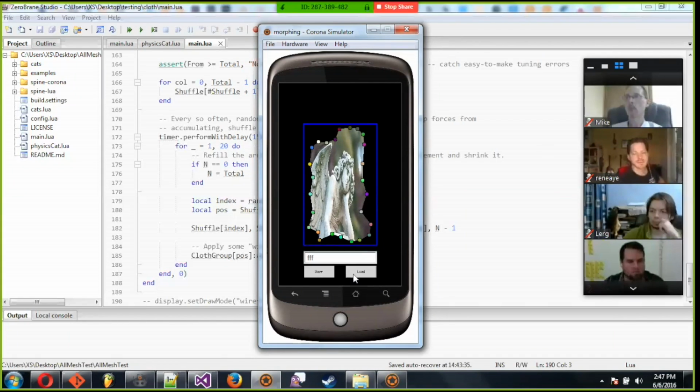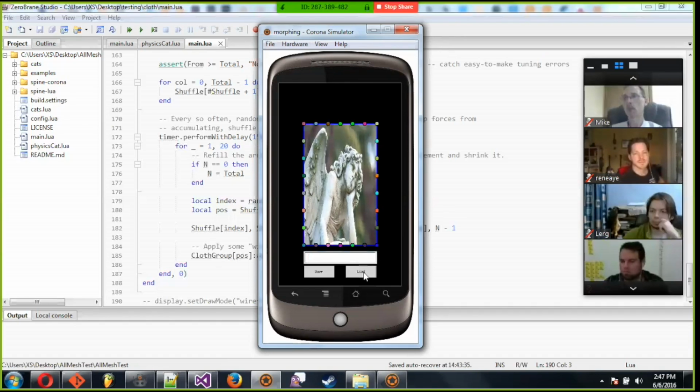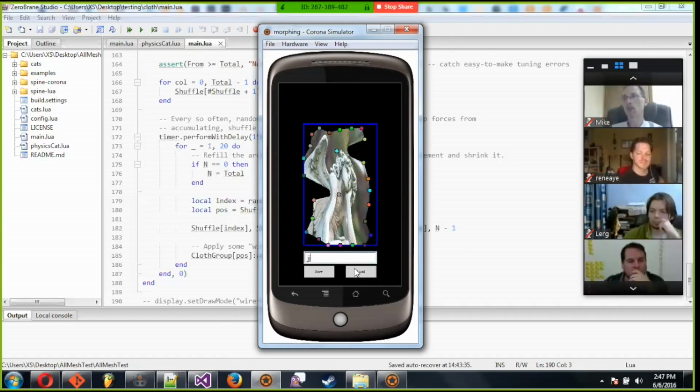So give me an example in practical real-world terms. I can kind of wrap my head around the potential for this, but to make it easy for someone to understand, what would be a good example? Like the T-1000 in Terminator 2. Okay, that kind of thing. So you'd have an original shape and a target shape, and you would blend from one to the other. Basically, I'd probably make a wrapper around it so you can use transitions on it.